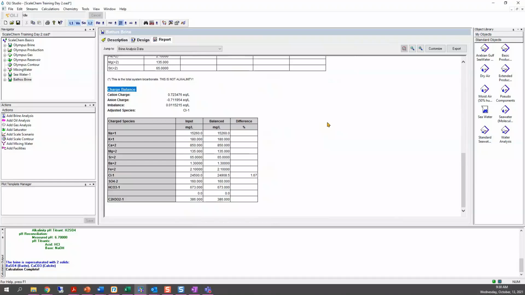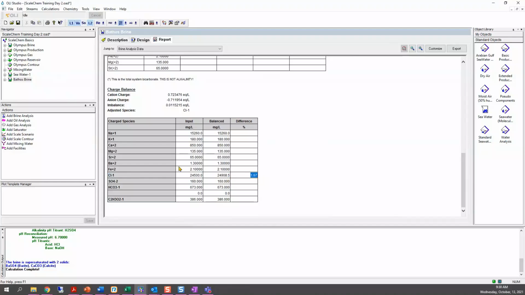And in here, the software is saying that since we had a positive imbalance, it added an extra amount of chlorides, 408.5 milligrams per liter. And this is the difference, the percentage in difference.